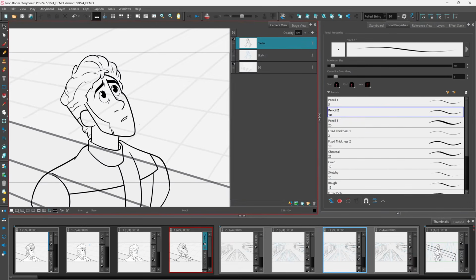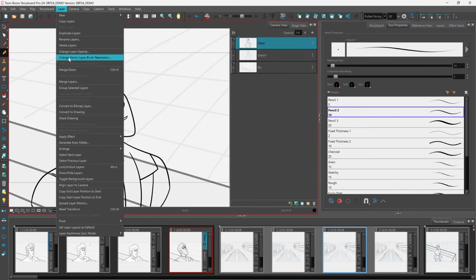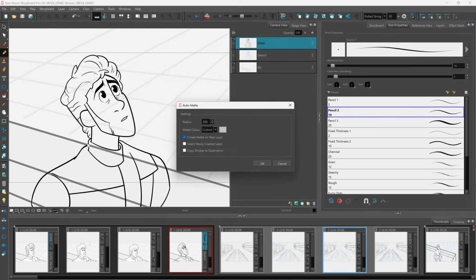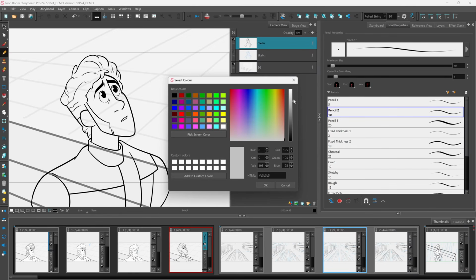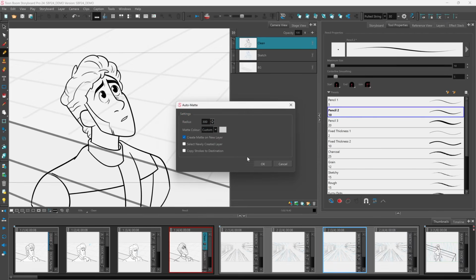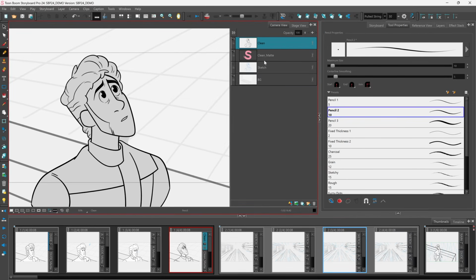So I have a clean of my character. With that layer selected, I can go to my layer menu, choose Generate Auto Matte, select the color I wish to use for the matte, hit OK. Once I hit OK again, it will create a new matte layer so that I cannot visualize anything